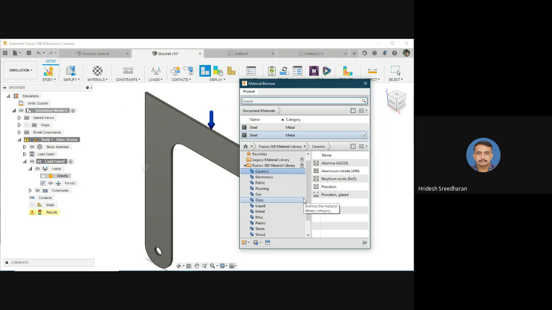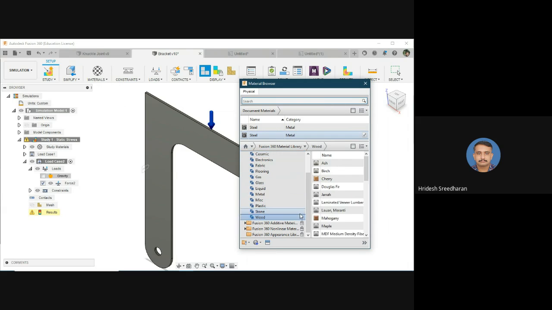You need to add on that. Laminates or other things won't be there. Some basic materials are only available. Customization is possible. We can create a new material of our own.